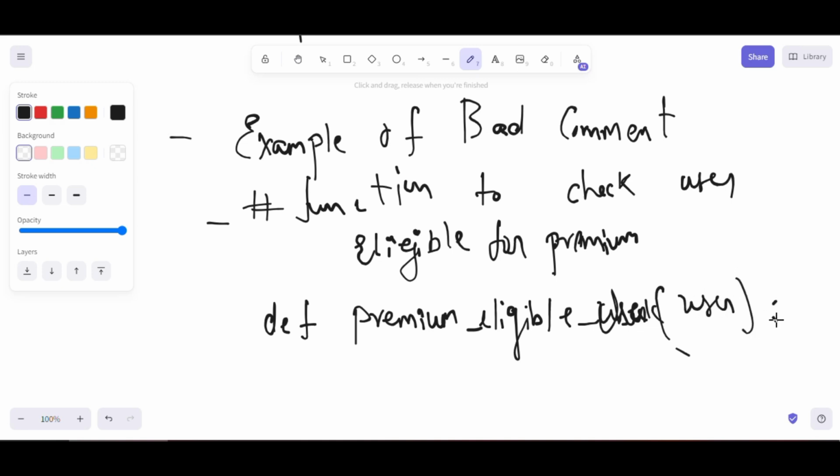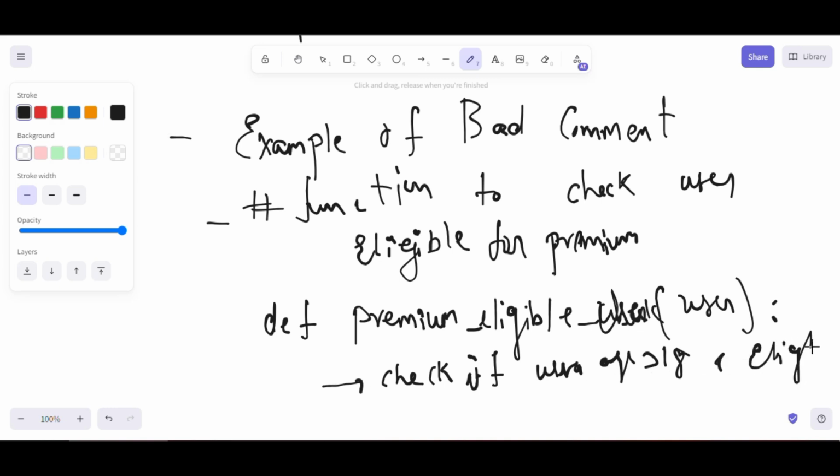I am writing a user, then checking that the user age is greater than 18 and the user has a subscription, meaning eligible for services, otherwise not eligible. I'm calling this function basically.